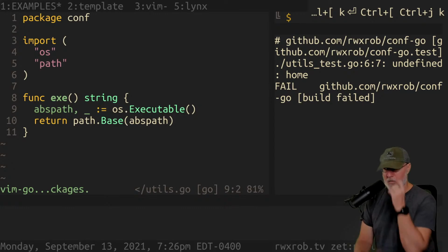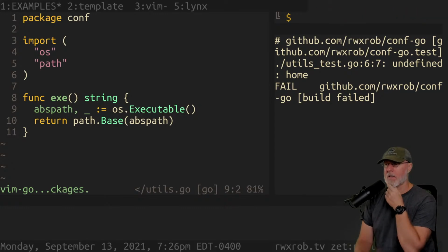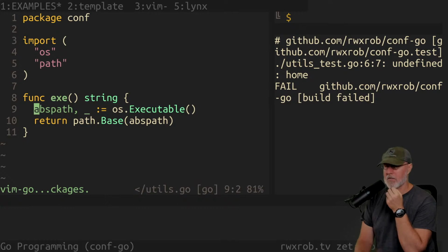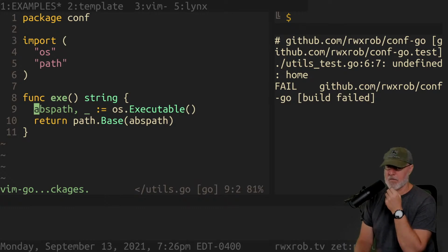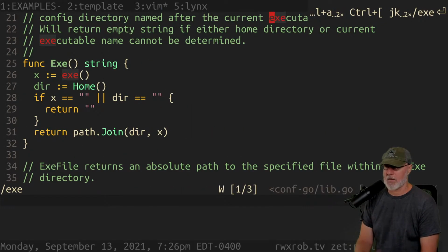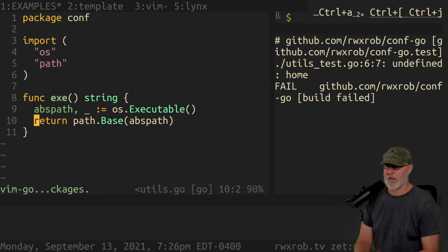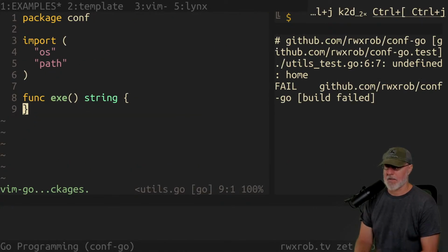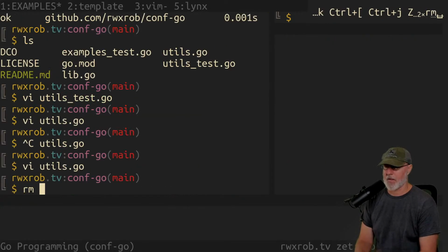exe is the base executable. Conf.exe. I don't think we need that either. I mean, that's simple enough that we can drop it.